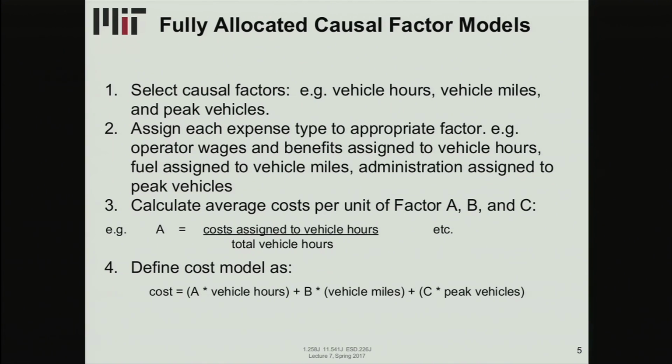After you do all those assignments, you calculate the average costs for each of the factors. So you have, for example, the cost assigned to vehicle hours divided by the total number of vehicle hours, and you have those unit costs. And then the cost model is simply each of those unit costs multiplied by the 3 explanatory variables that you included, right? So you multiply your unit vehicle hour cost by number of vehicle hours, your unit vehicle miles cost by vehicle miles, and your unit peak vehicles cost by peak vehicles, and that is the total cost